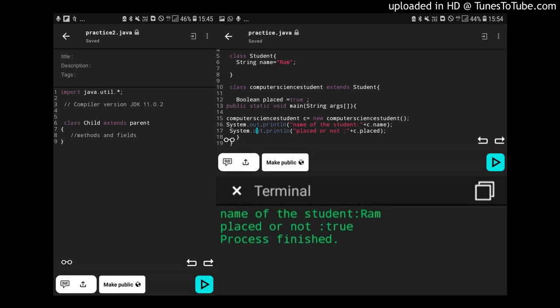And you will see that there won't be any error, and both will be displayed: whether he or she is placed or not for the c object, and what its name is.